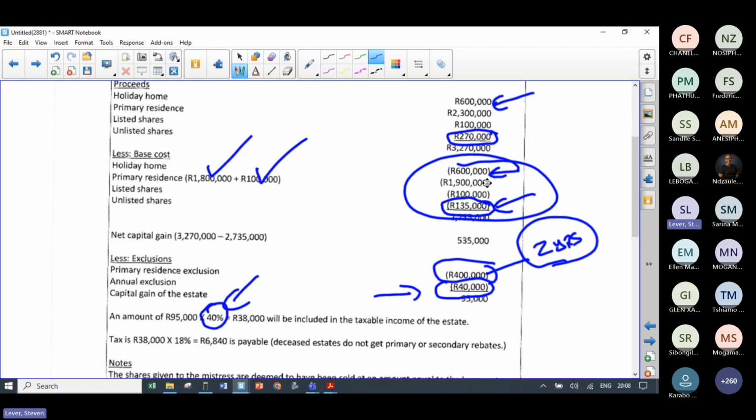So I just wanted to go through the basic approach on a normal individual's question, and then also just explore what happens if someone dies for the 4862 guys. Any questions? Okay, so that's there.